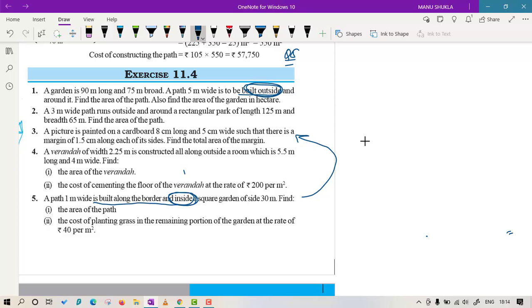So first let me draw the rectangle which is for the square garden. It is a square garden, which is a good thing, because in a square garden we need only one dimension and all are the same. So let me call it A, B, C and D. What is given to us is the side is 30 meters, so obviously this is also 30 meter. Okay, again this is a mistake. Although I had read the question that I am going to make something inside, still I made this mistake of writing these things inside.